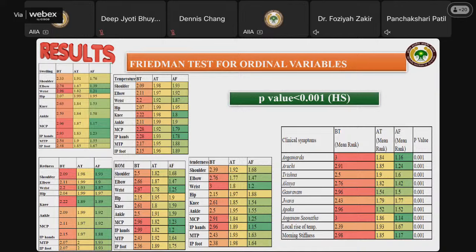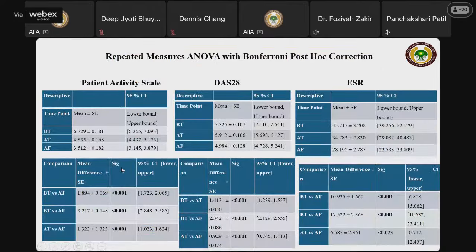Based on the results on various symptoms, which included both Amavata and rheumatoid arthritis, including swelling, temperature, redness, range of movements, and all the Ayurveda symptoms of Amavata, including Angamarda, Aruchi, Trishna, we found that there is a statistically significant difference at a p-value less than 0.01 in all these symptoms after the treatment and after follow-up when compared. So these results are really promising when it comes to the clinical outcomes, which were carried out very specifically as per Ayurveda